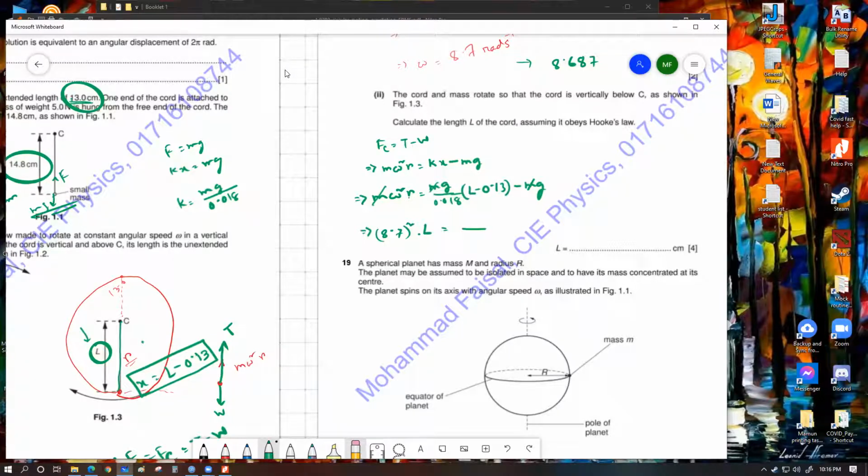equals to 9.81 divided by 0.018 multiplied by L minus 0.13 minus 9.81. এটুকু হচ্ছে তোমার বেসিক এল এর ইকুয়েশন। এখন এটাকে সামহাও হাতাপিতা করে টরে এল এর ভ্যালু বাই করতে হবে। করো, এল এর ভ্যালু বাই করো।